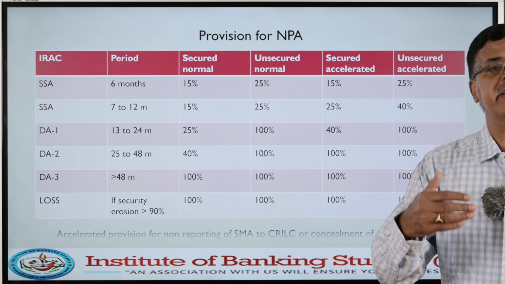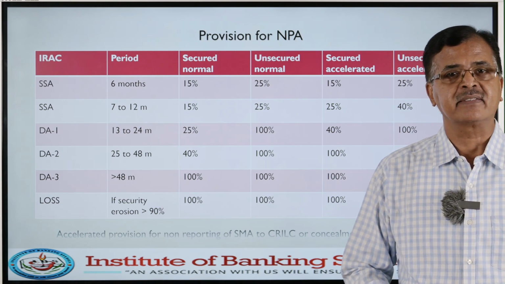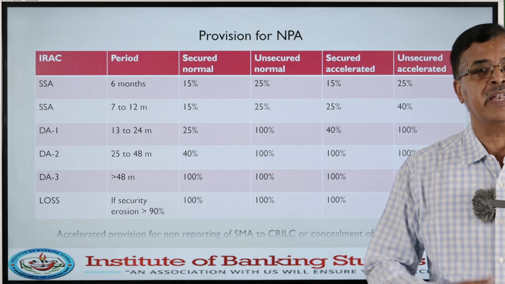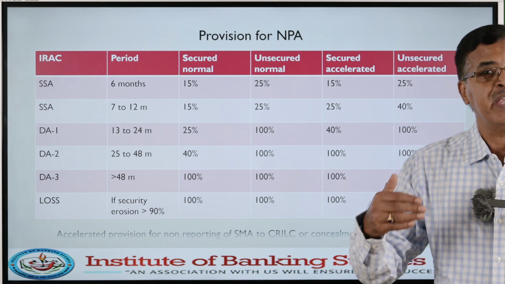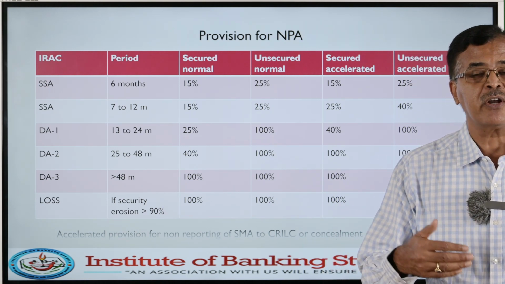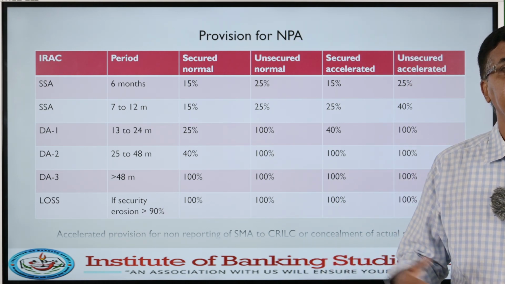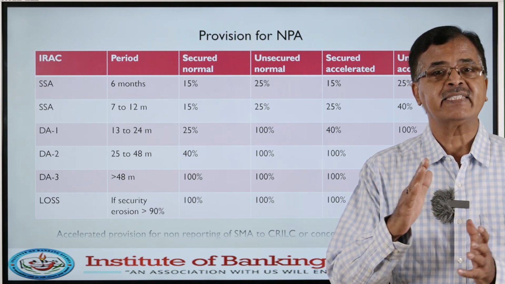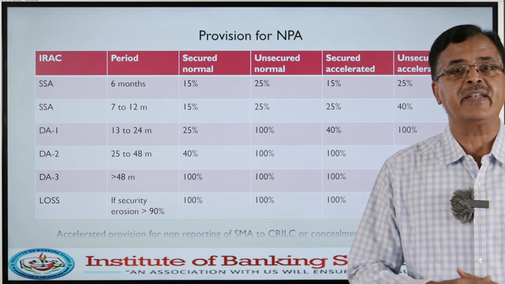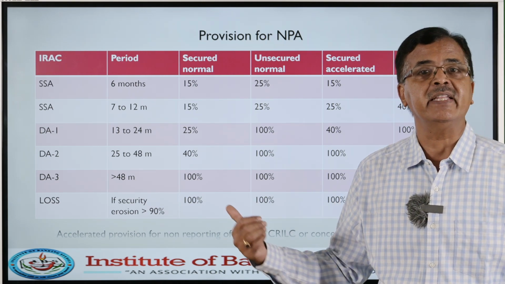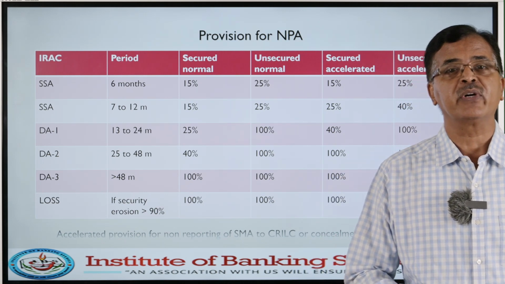There is a condition put forth before banks that if a particular loan advance of 5 crores and above is falling under the category irregular at SMA 1 or SMA 2 positions, then it has to be reported immediately to CRILC. So when an asset passes after the SMA 0 category and enters the category of SMA 1, immediately the fact should be reported to CRILC.